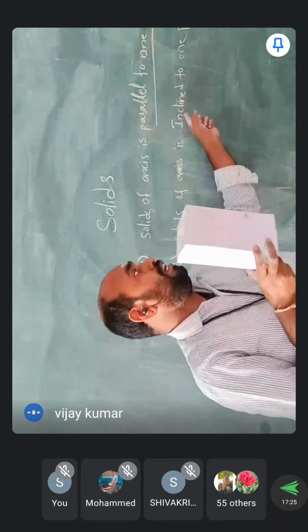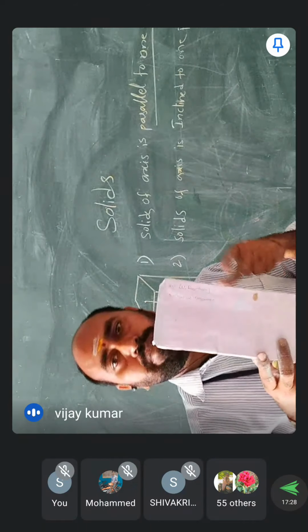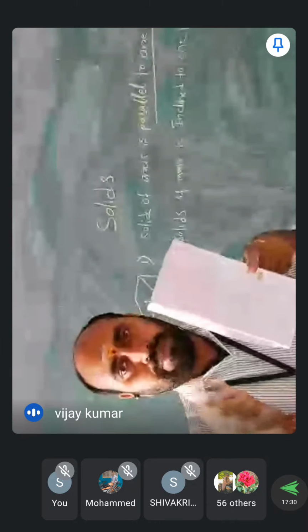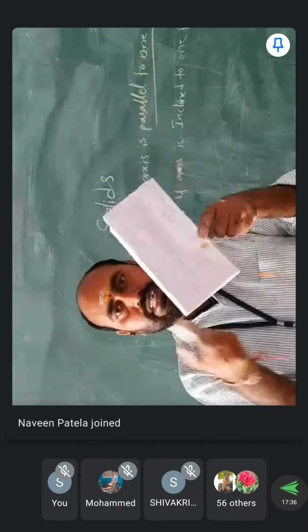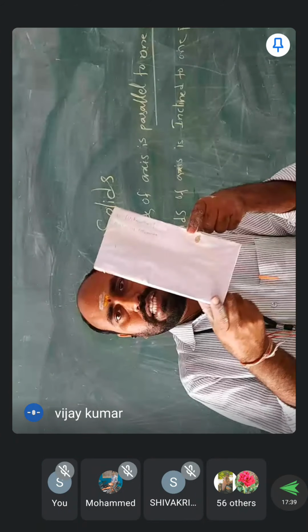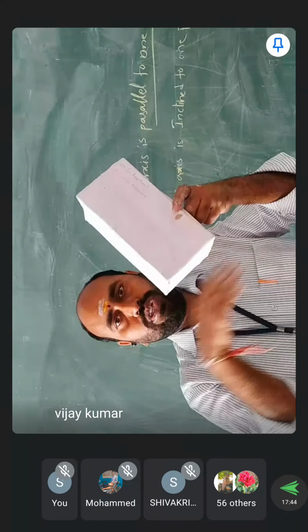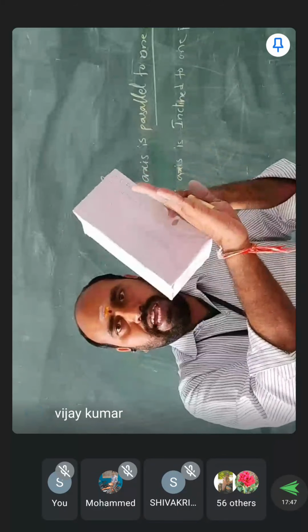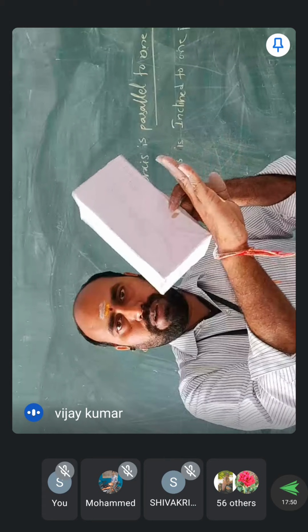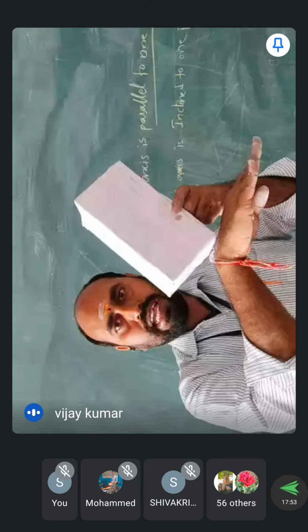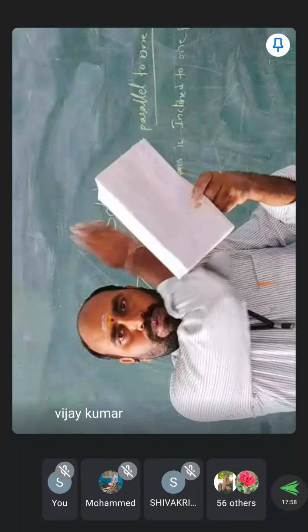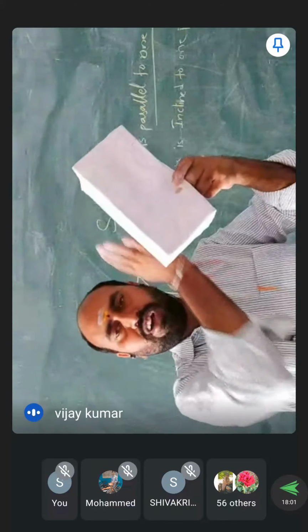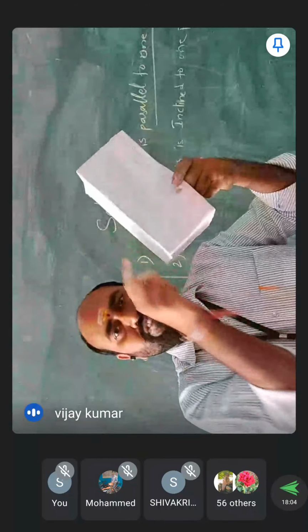The axis of a cylinder inclined to one plane means in another direction it is parallel to another plane. For example, this is the actual position. I am going to turn this axis by 45 degrees. Not like this, I am just going to turn this axis. For example, it is standing on the ground, so the axis makes an angle from here to here. This angle is 45 degrees. So it is 45 degrees to HP, but how is it to the board? The axis of this solid is parallel to this board, means VP.